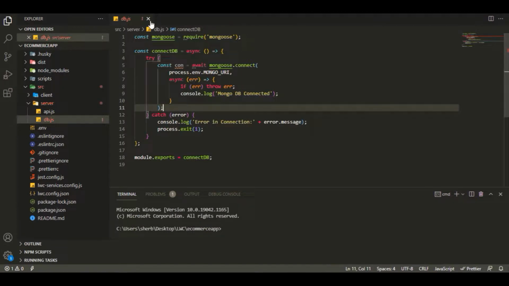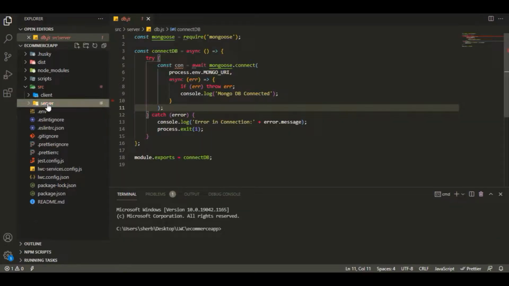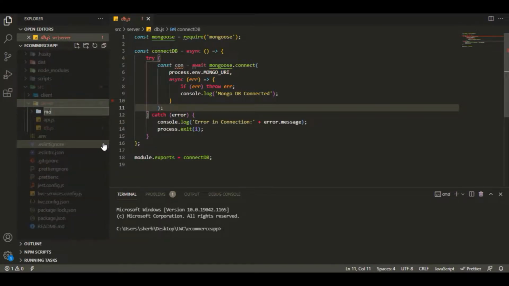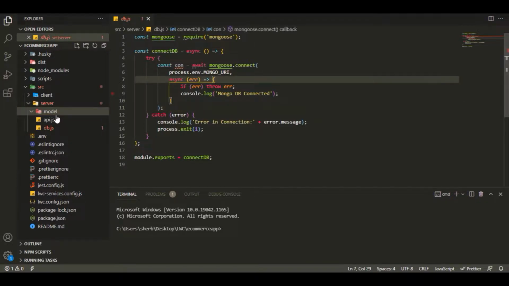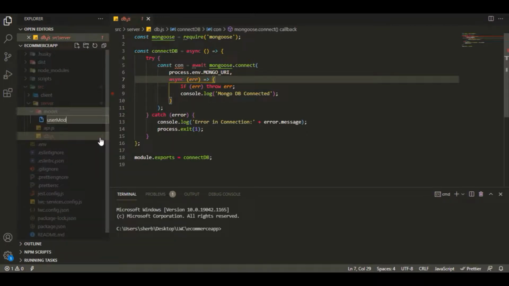So now it's time to create models for our database, which is the collections. So for that, I'm gonna create a folder inside my server folder called models, whatever you want. And inside that we will create all the models, like we will have an order model and a product model and a user model, but for now we're just gonna create the user model. So I'm gonna say user model.js,